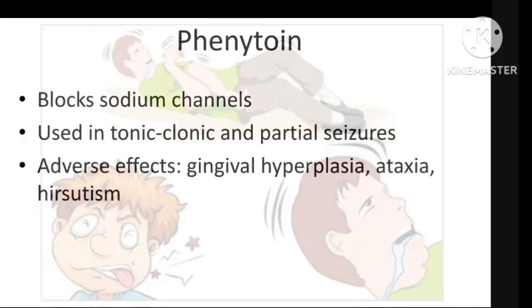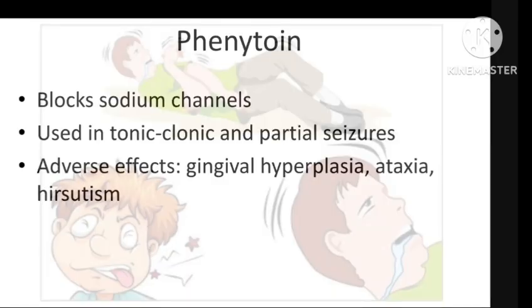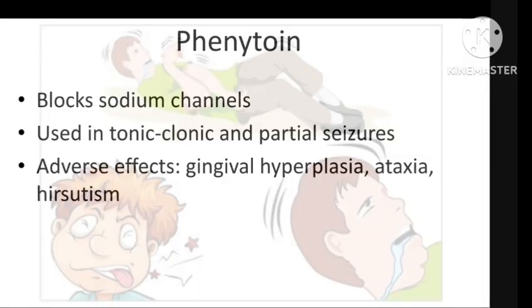The next, megaloblastic anemia, due to folate deficiency, and peripheral neuropathy, osteoporosis, teratogenesis. This teratogenicity can cause fetal hydantoin syndrome. Next, purple glove syndrome. It's seen with IV administration. And regarding interactions, phenytoin induces liver enzymes, so it decreases the effect of many drugs. And a patient taking oral contraceptives may develop contraceptive failure.